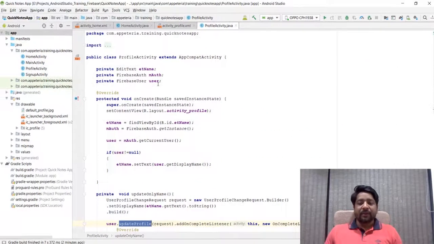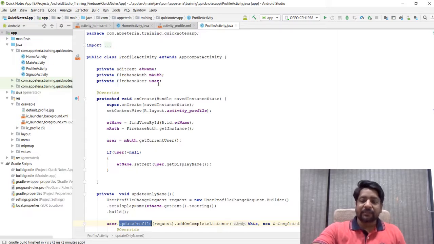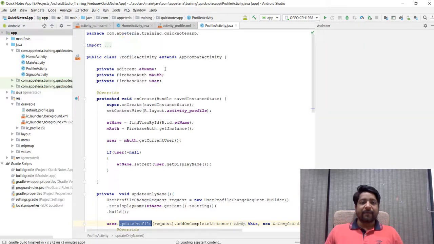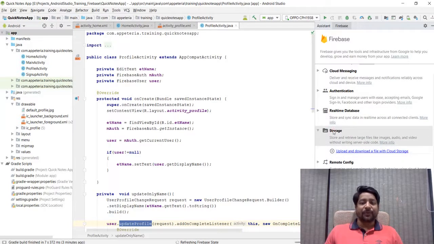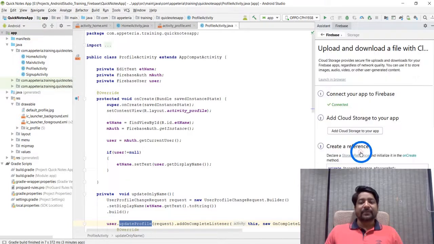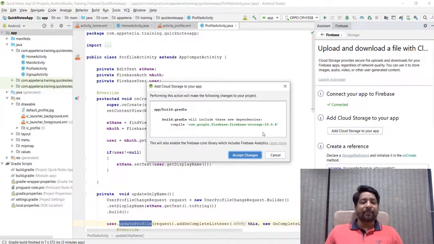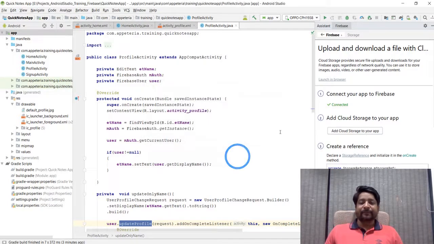Now let's go back to this. Quickly we'll start with the file storage. So to import file storage in your application, you need to go to Tools, Firebase, and from the Firebase Assistant window we need to select the Storage option. Now there is a link called Upload and Download a file from Cloud Storage, so we'll select that. It is already connected to Firebase, so that's why the first step, connect your app to Firebase, is ticked. Now I need to import the dependencies into my project, so I'll say accept changes here,